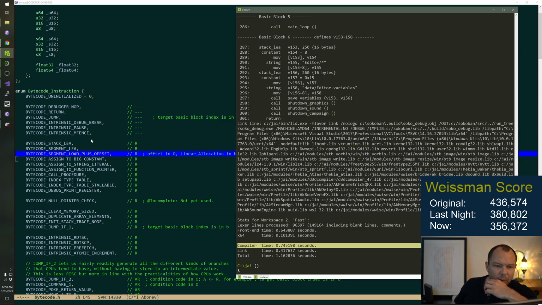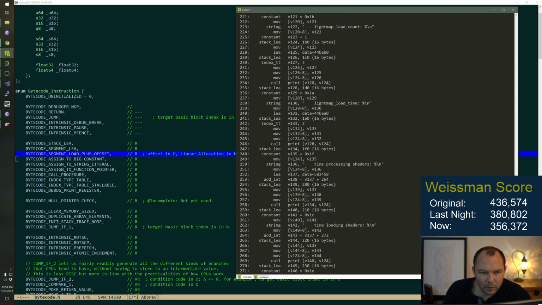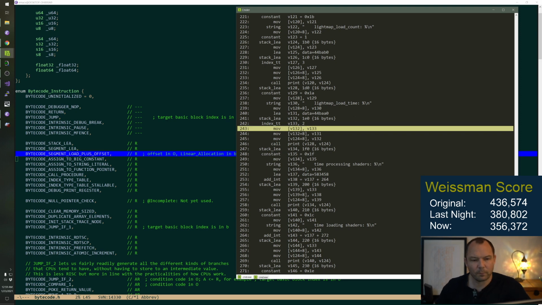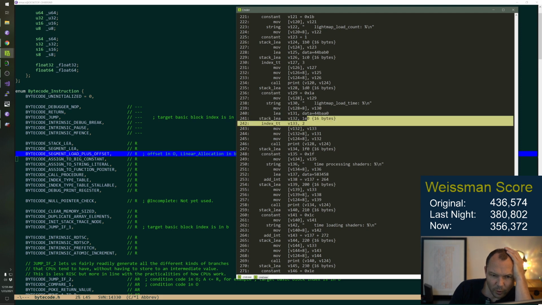So that's going to be, you can see here though, we have all these cases where it's taking the address of a thing, loading some constant, storing the constant into the address of the thing. When we could just load the constant and then move into data segment plus V132, right? This is sort of like a very RISC processor way of doing it. And the problem is that just doesn't map very well onto current things.